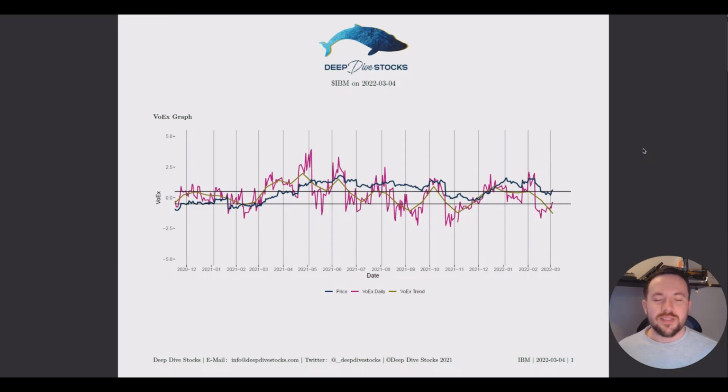split. Seems like there's a good group of people who think that the price will rise after the earnings, and then there seems to be a good group of people who think that the price of IBM is going to drop after earnings. So let's look at the data, and we'll let you decide on which one you think is going to happen. So this is the data from Friday, for IBM on Friday.